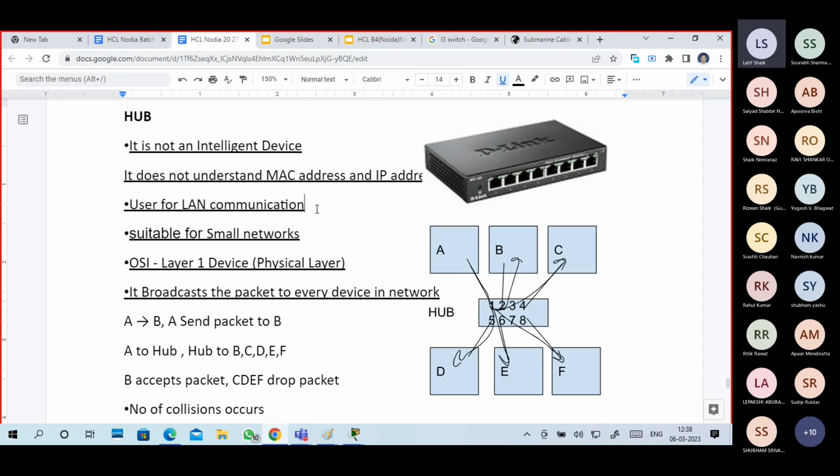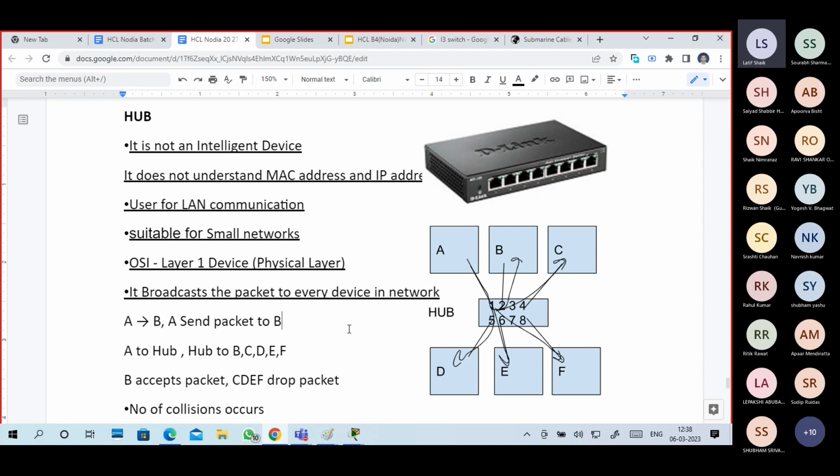What is the difference between hub and switches? Both work for LAN communication. Hub is used for small networks, whereas switch is used for small and large networks. Hub is a layer 1 device, switch is a layer 2 device. Hub broadcasts packets to every device in the network. Switch initially broadcasts packets to every device, but later it uses a MAC address table to unicast the packets.